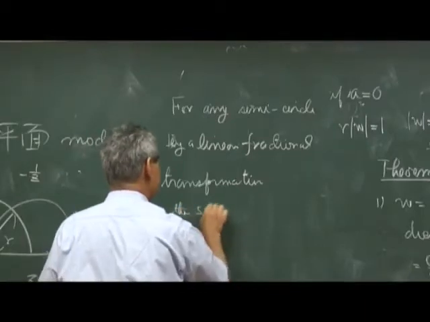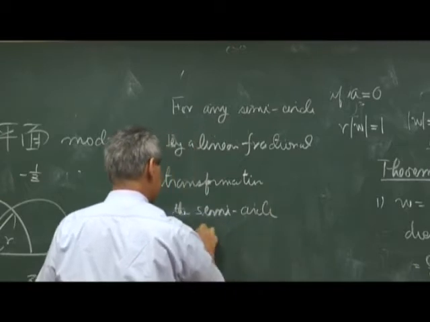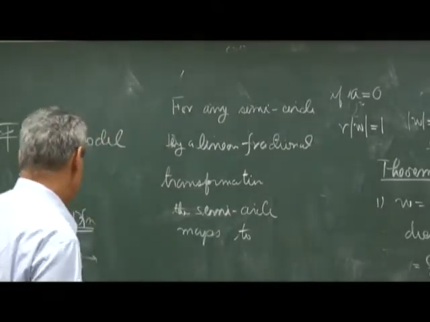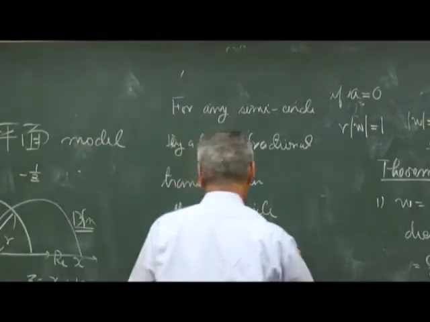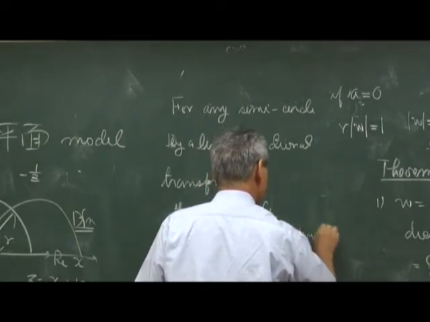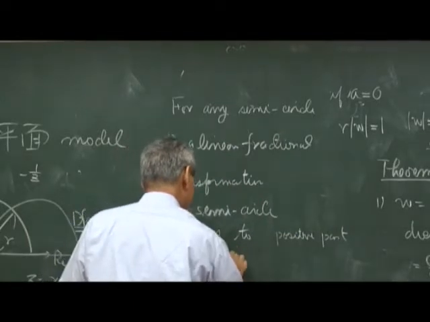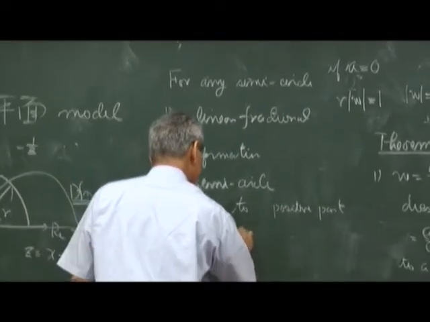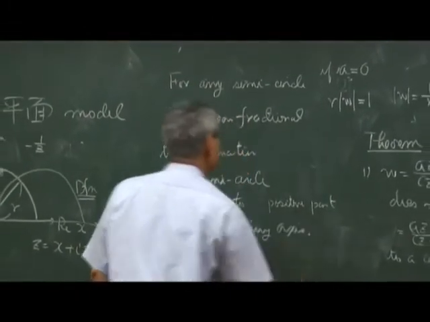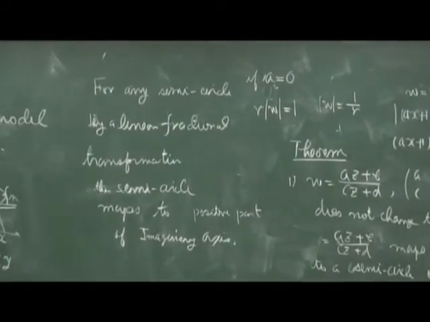The semicircle maps to what? Maps to the positive part, or upper part, of the x, y, imaginary axis. So any semicircle can be mapped by the following linear fractional transformation,